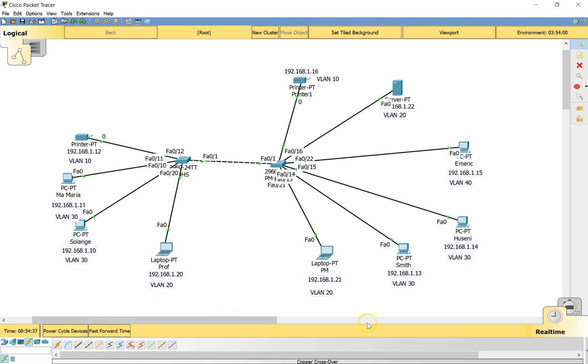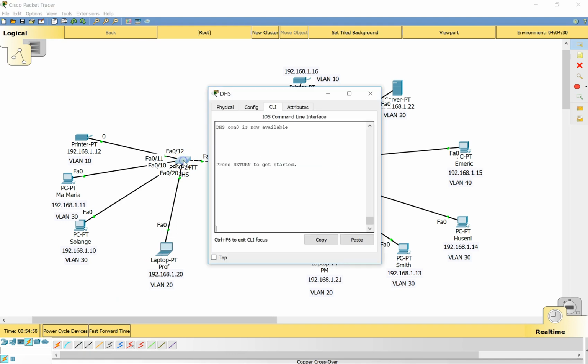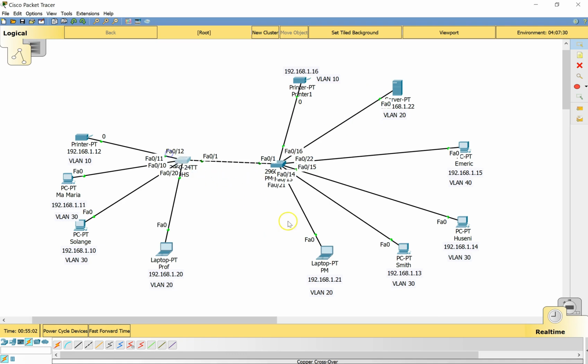So basically what we have been saying is that VLANs help to divide a single switch into multiple switches, and unless you connect each switch to the other, they cannot talk to each other. Another simple way of doing this would have been to connect a cable directly from this switch port, from VLAN 20 to VLAN 20 on the other switch, like a single switch. So you see that for 10 VLANs you need to run 10 cables, and once you connect another cable here, you are going to have